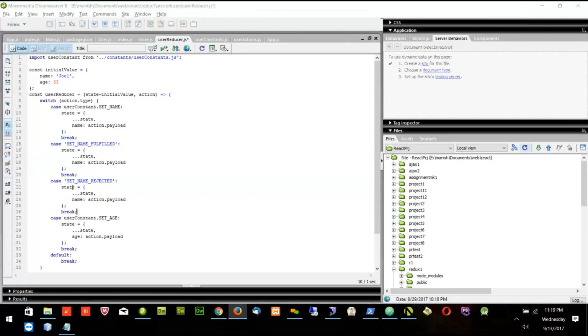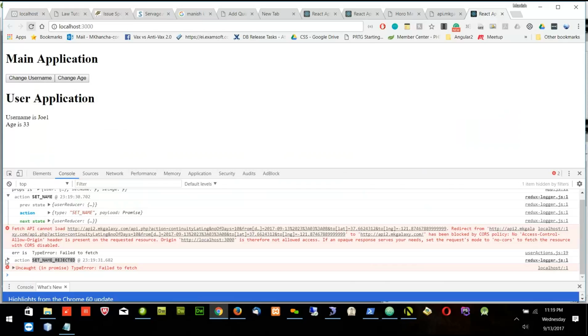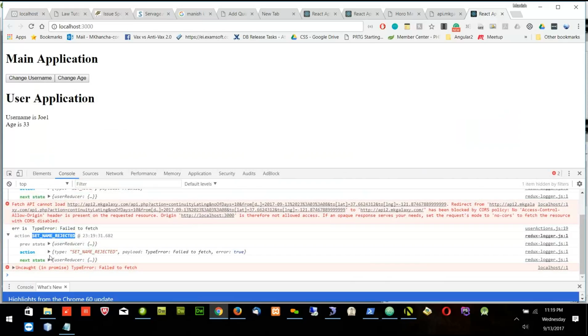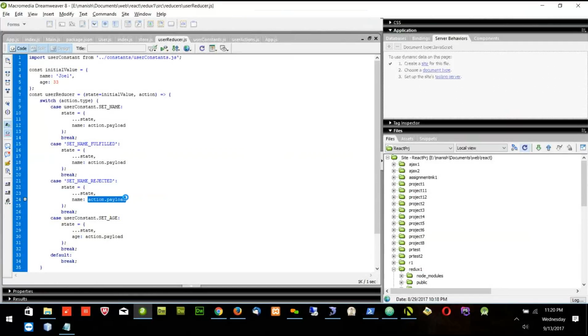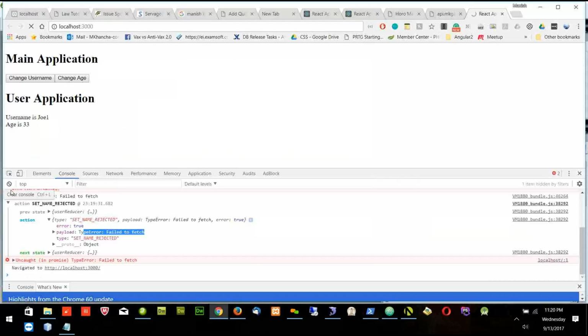Right now we have name only. Let's see. We will update with the payload to show the error. So it will show error now. So now if I refresh,